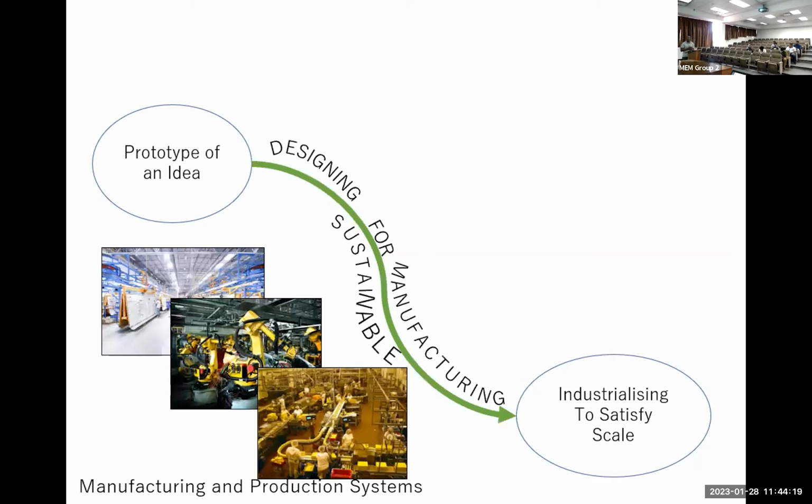Essentially, it takes the prototype of an idea that would have been presented by the preform that the economics would have presented, and it creates a bridge between that prototype and satisfying that product, some kind of scale, right, on industry. And in doing so, it uses design for manufacturing, basically in a sustainable way, or at least that's what the industry is aiming to do now, to bridge that gap between that prototype and that idea at an industrial level.